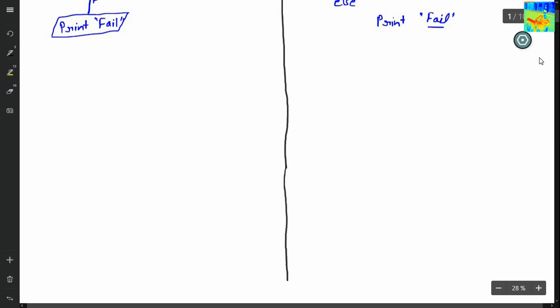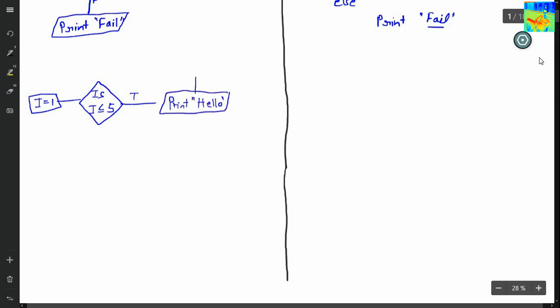Suppose I want to print hello 5 times. What will I do? I will use a loop. So I equals 1. Is I less than or equals to 5? If this condition is true, I will print hello. And I will increase the value of I by 1.